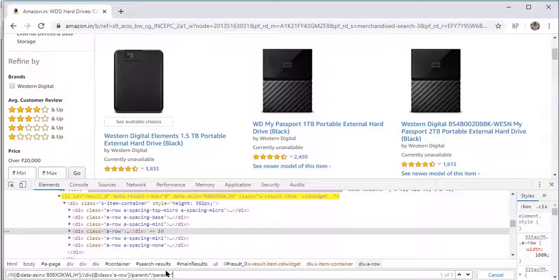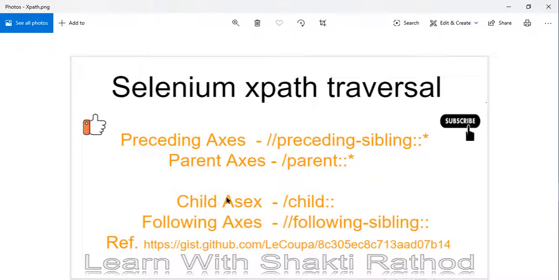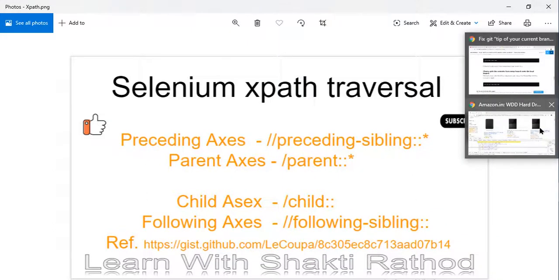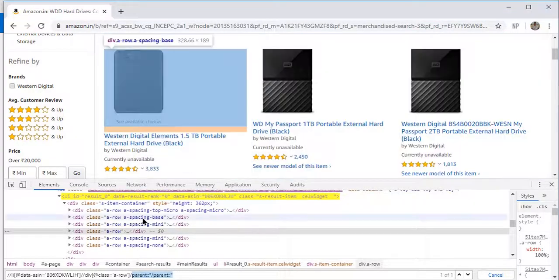So these are the two methods where you can traverse to the parent one by one. I have shown it over here also: the parent axis traversing, and the second one is giving slash and double dot. I will add that in the comment. This is one of the properties to traverse to the parent.